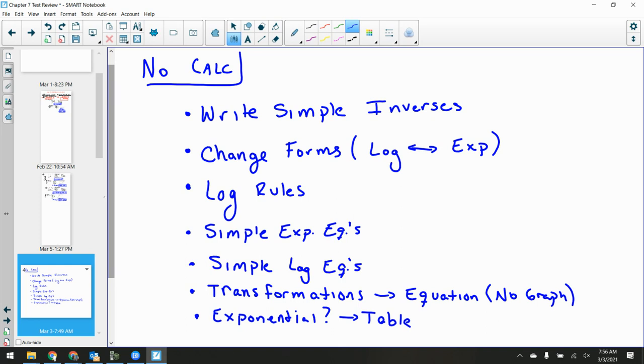Obviously, log rules. This is from section 7.5. This is from section 7.7. This is from section 7.8. Notice that there's nothing from section